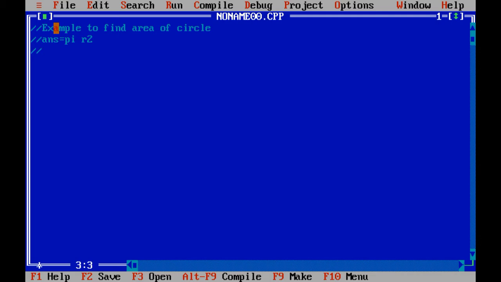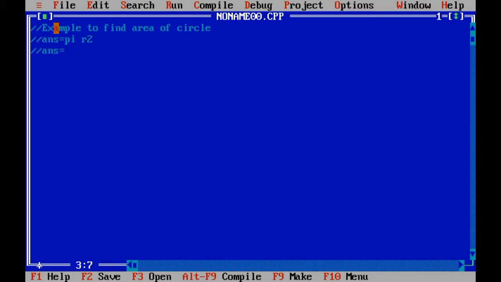Now we need to simplify this formula. Answer equals, see here the value of pi is fixed as 3.14. So there are two ways you can use the variable pi. If you want to declare the variable pi, then you need to use the concept of constant, and we will see constants later on.